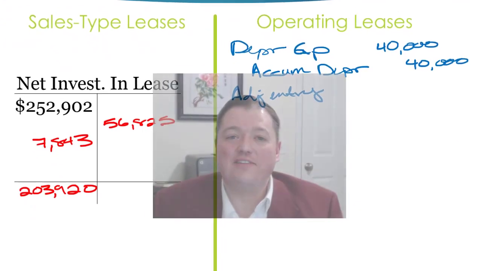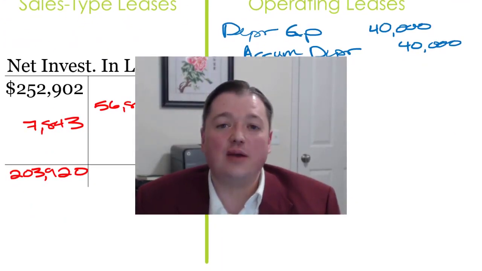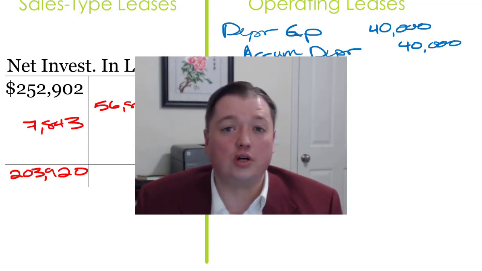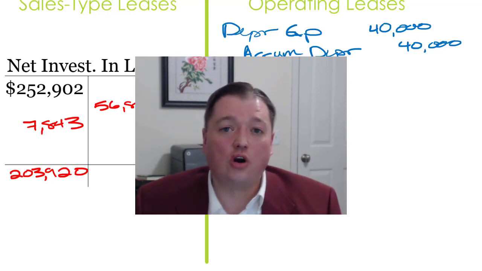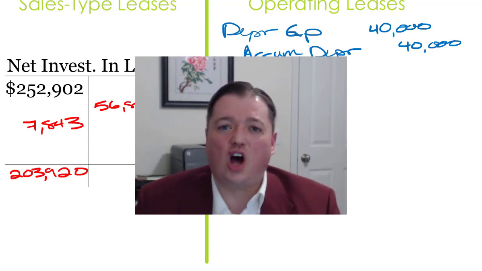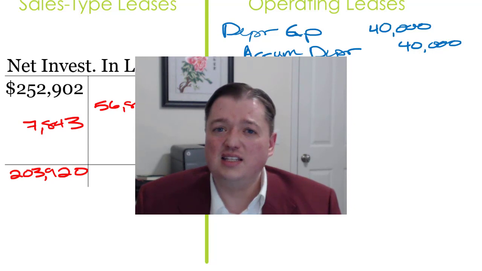Welcome back to our intermediate financial accounting class. Over the last few segments, we've been talking about leases and specifically about the accounting for lessors. And we've been working on our very first example of lessor accounting. And we've talked about the steps, we've done an amortization schedule, we've talked about the three different kinds: sales type,